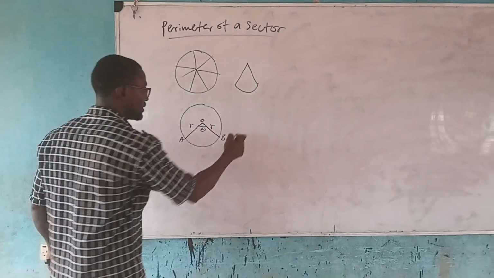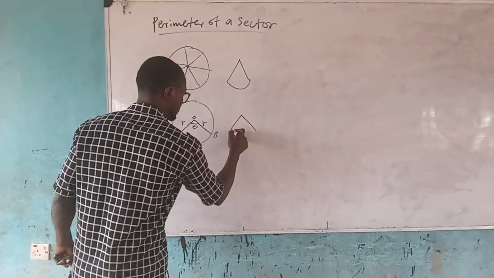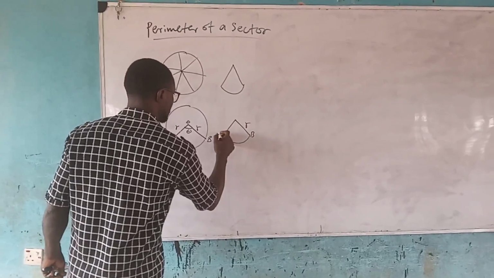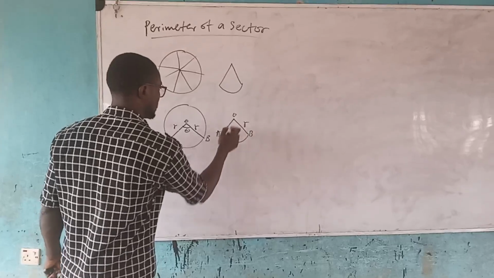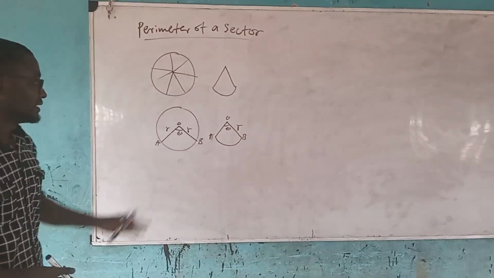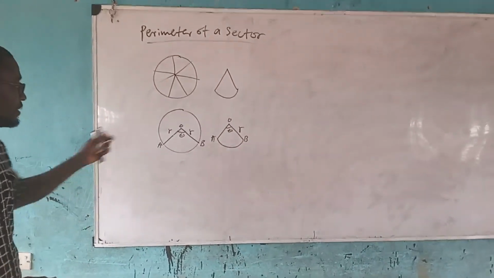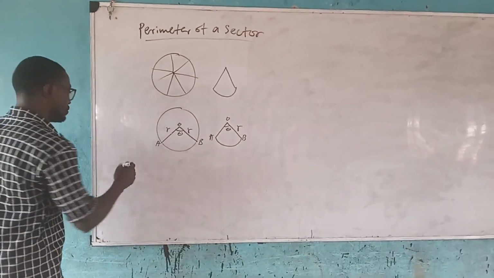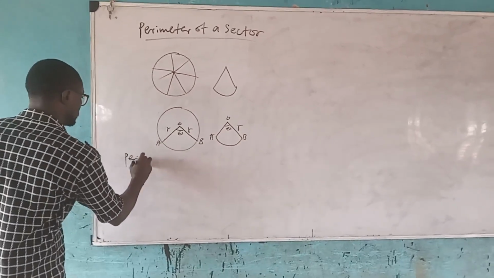Okay, meaning that I'm going to have this. Here is our A, here is our B, and here is O. Here is the angle theta. So how do we find the perimeter of this? To find the perimeter of this, simply this side, the length from here to here is the radius, right? So we have that the perimeter of the sector